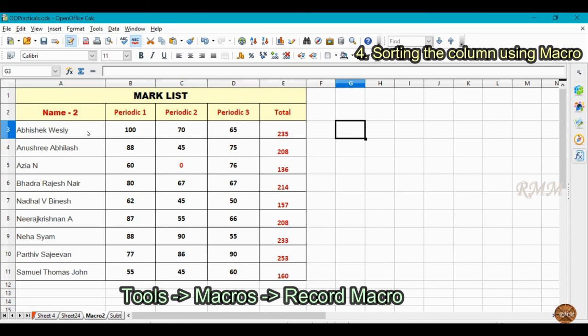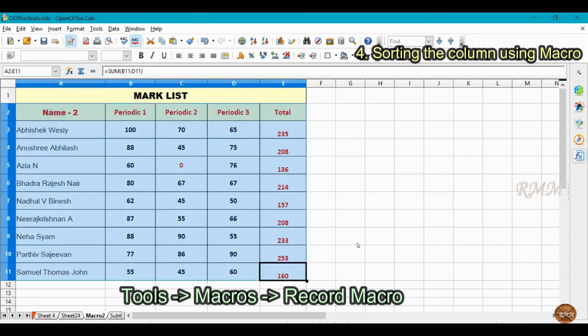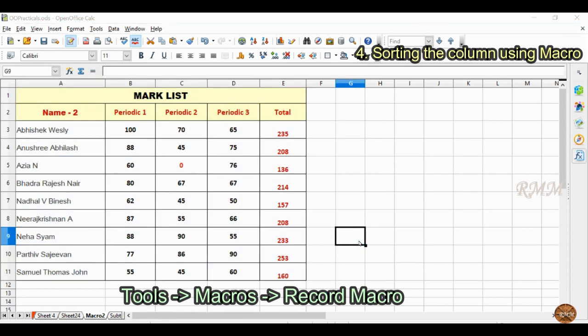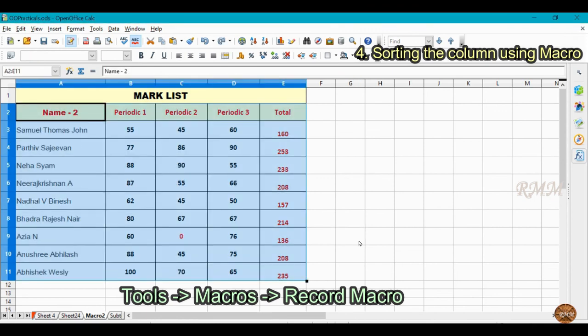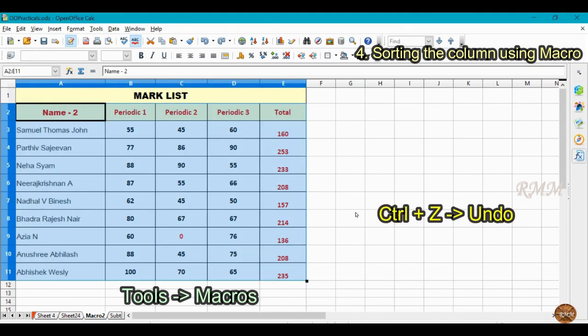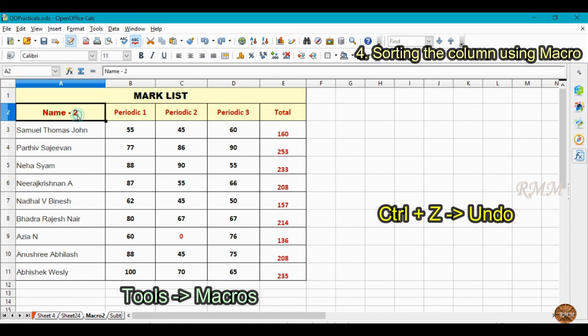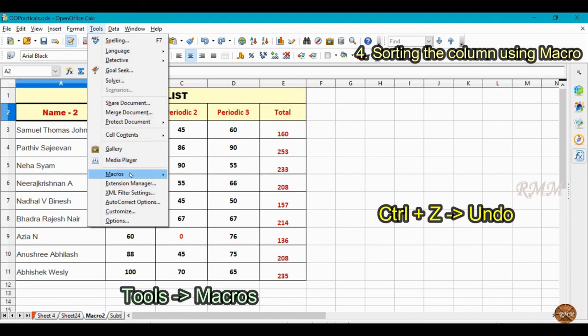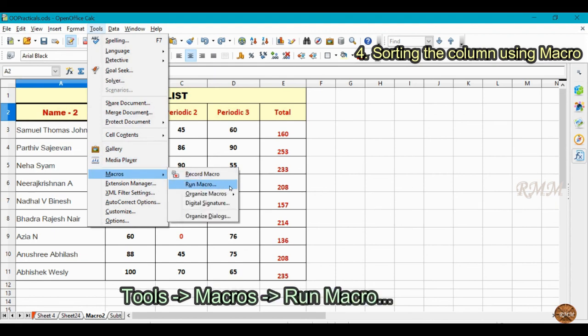Now I would like to revert this table to the old condition, that is the unsorted condition. So I am clicking undo. Now you can see that the table is in unsorted condition again. Now I would like to sort it using the macro. For that I am going to tools once again and selecting macros and selecting the sub option run macro.